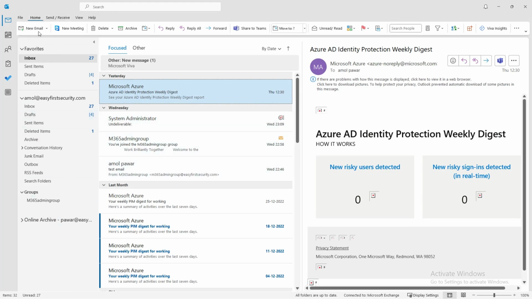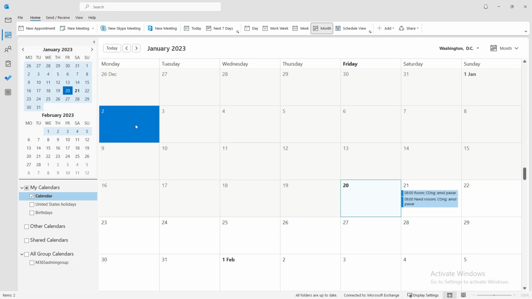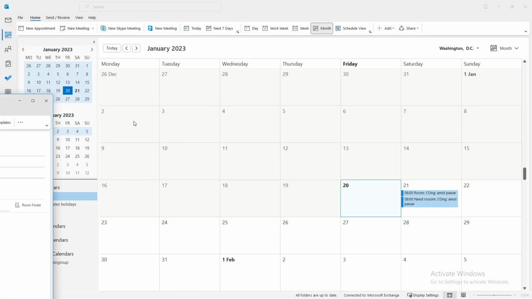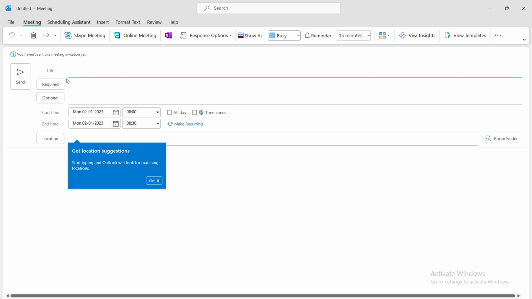So Outlook is open. Now you need to go to the calendar and click new meeting. It's a very simple new meeting. You need to create a new meeting, and I will set the name title,